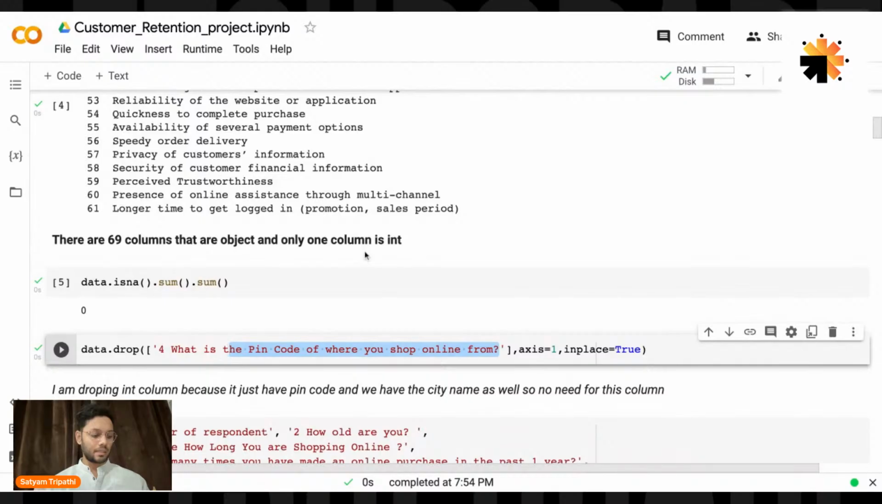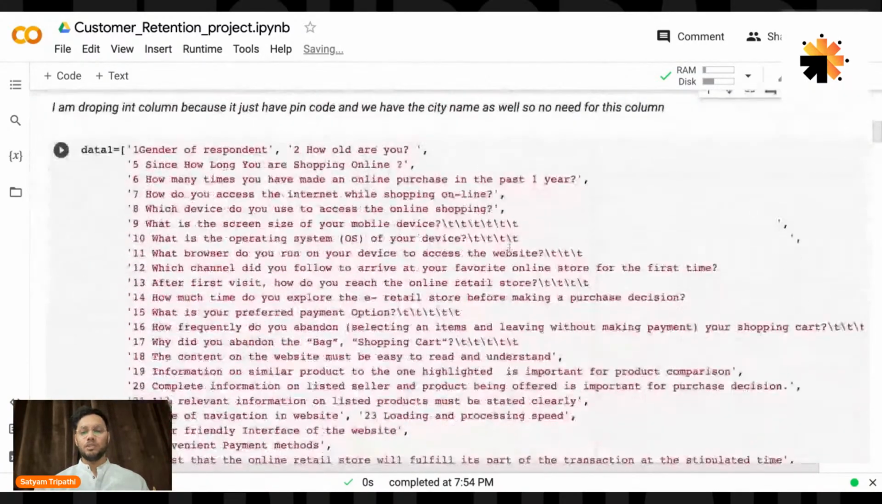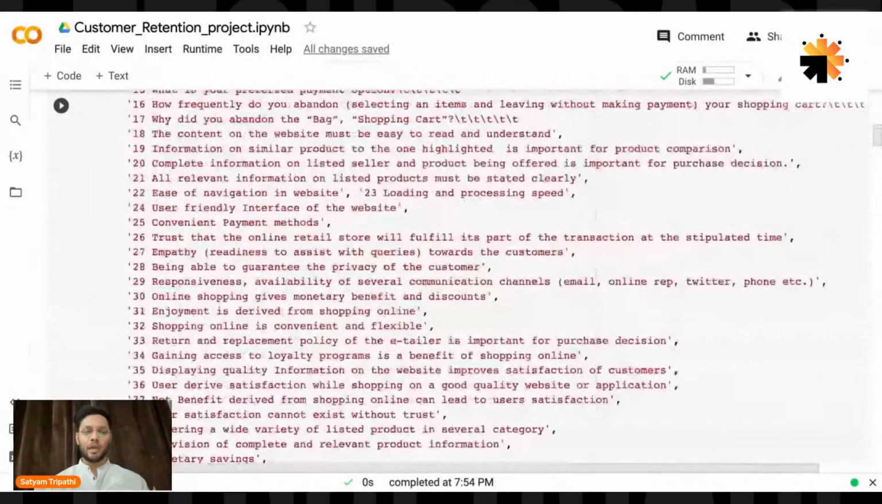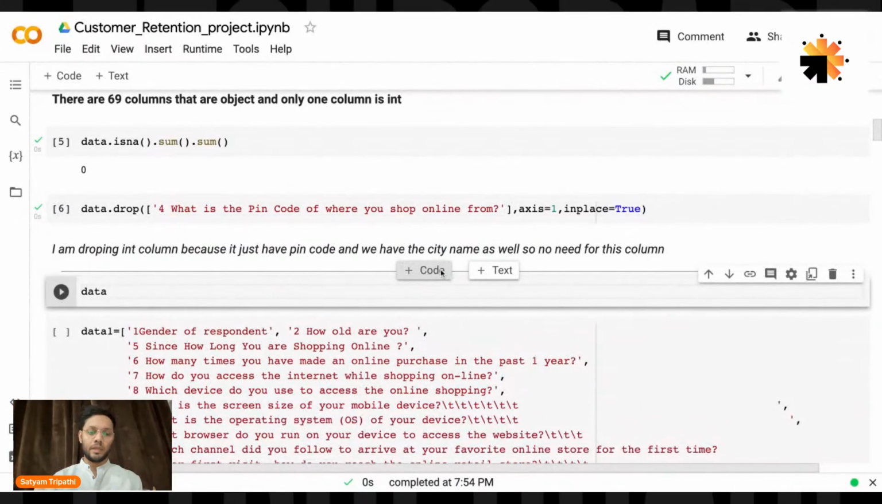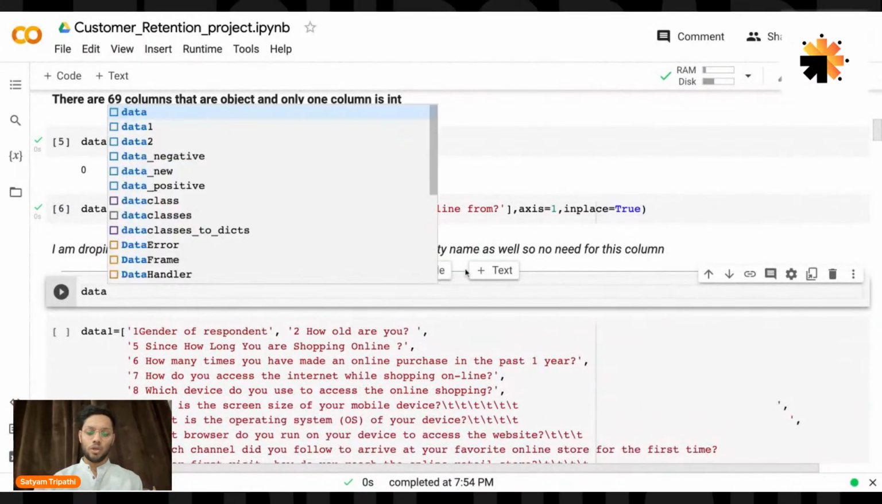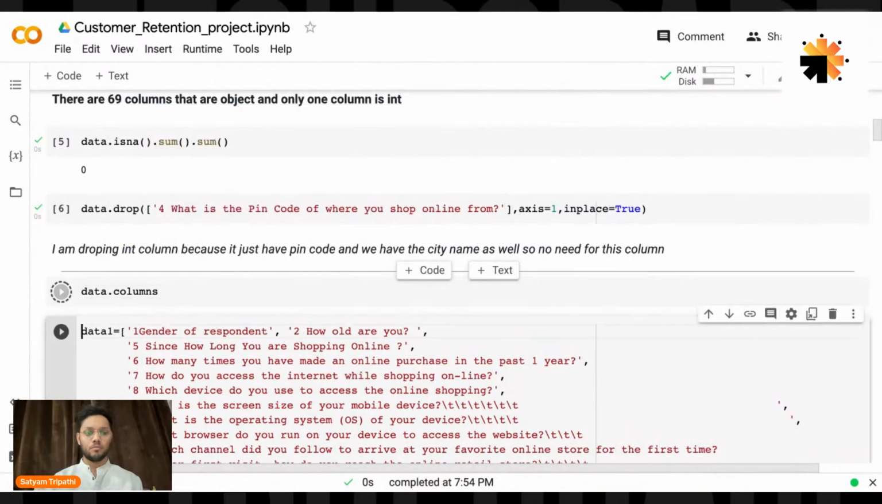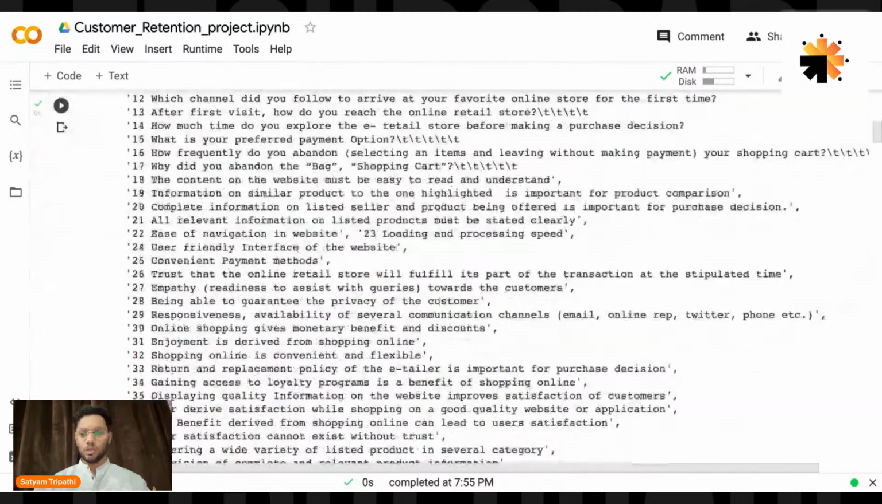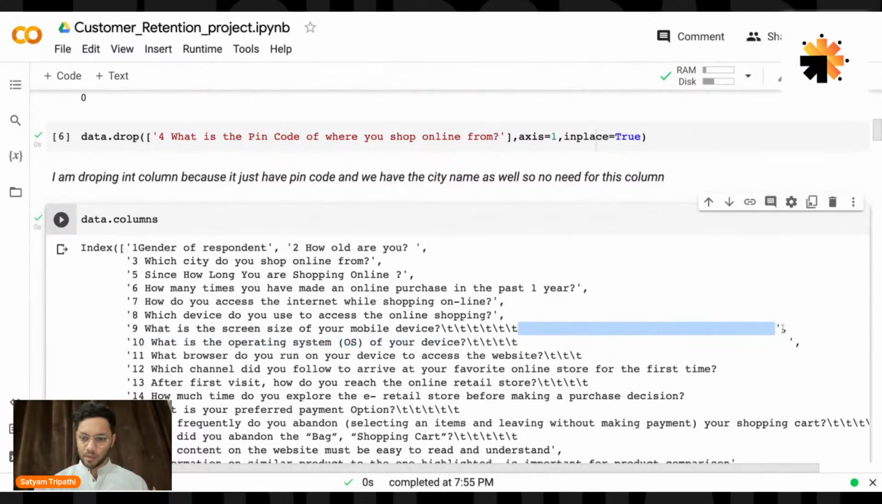So this was not necessary, so I have just dropped this one. Now just see one thing, guys. If I just talk about the analysis one, you can see, okay, let me just call my data again. Data dot columns. Okay, now just see this thing, guys. This is basically your column, right? But you can see if I have to select this column, from here to here,